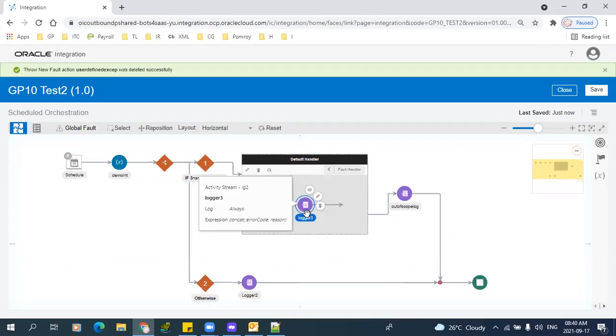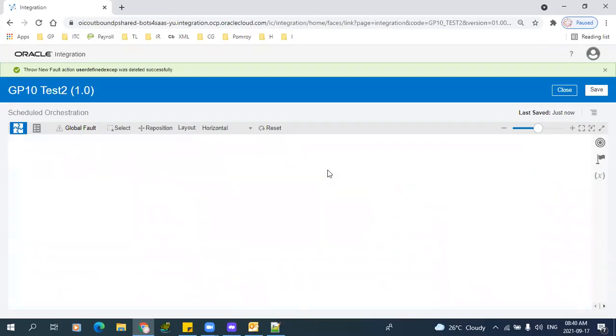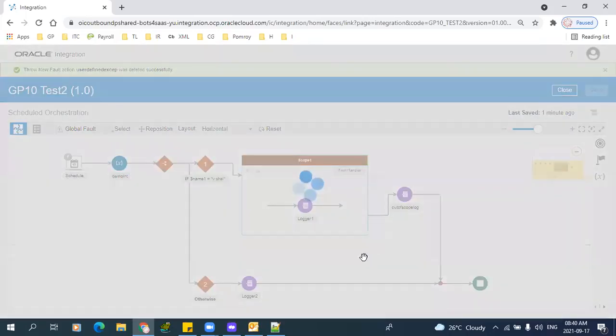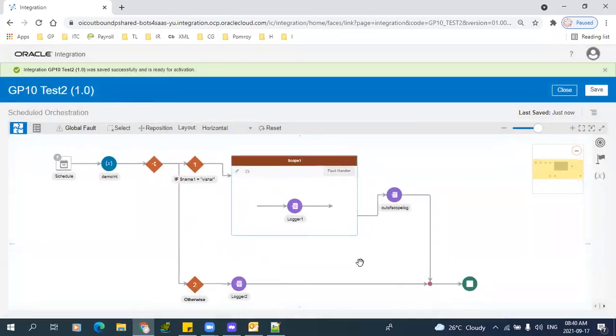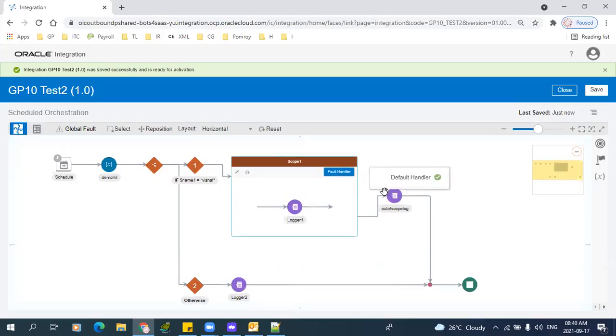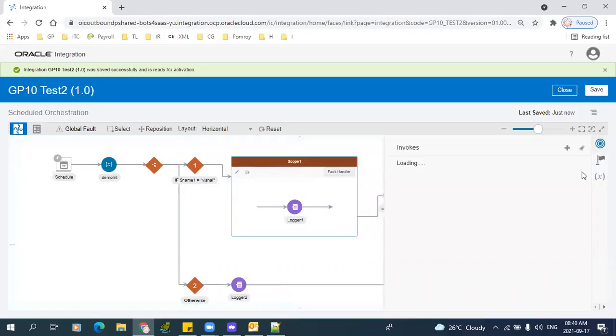So this is all about scope. Still, if anyone has any questions or doubts, whatever it may be, you can raise them. You can correlate it with a begin and end block. Wherever you feel. For example, if you take any adapter connections here, along with the default handler, you can get a standard exceptions list here against your adapter. For example, here, invoke section,